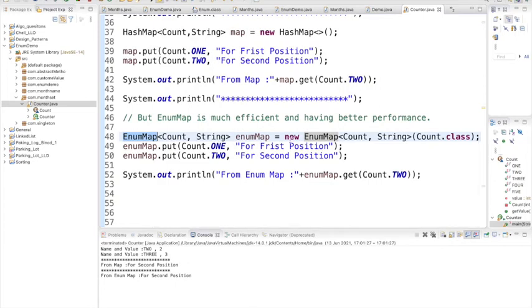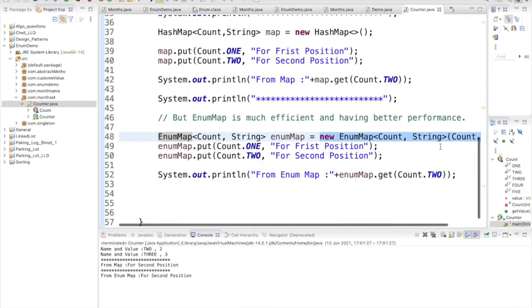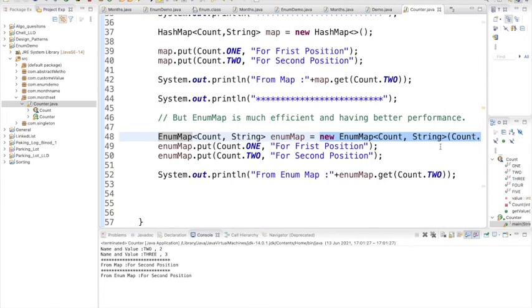This is the way to create the EnumMap, you have to pass the enum class. EnumMap is also developed with the help of Map, but it gives very good performance and is more performance efficient compared to the original HashMap. And you can achieve the same thing here. See, we are getting the same output.